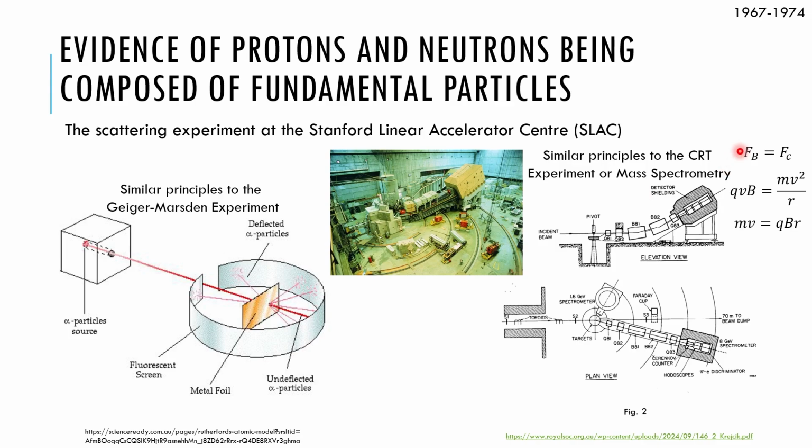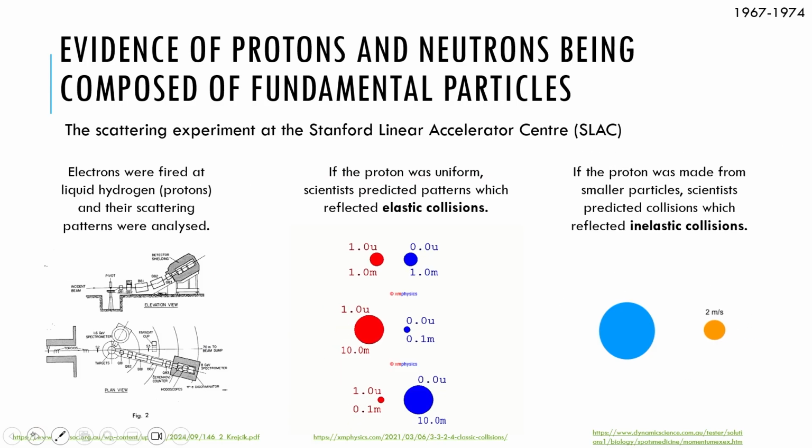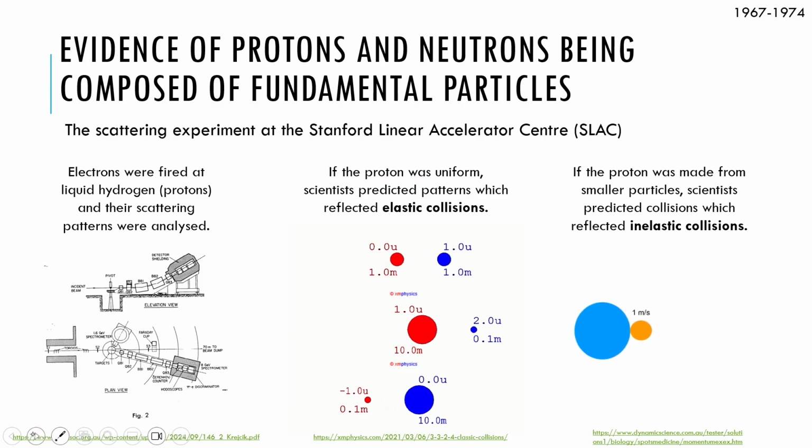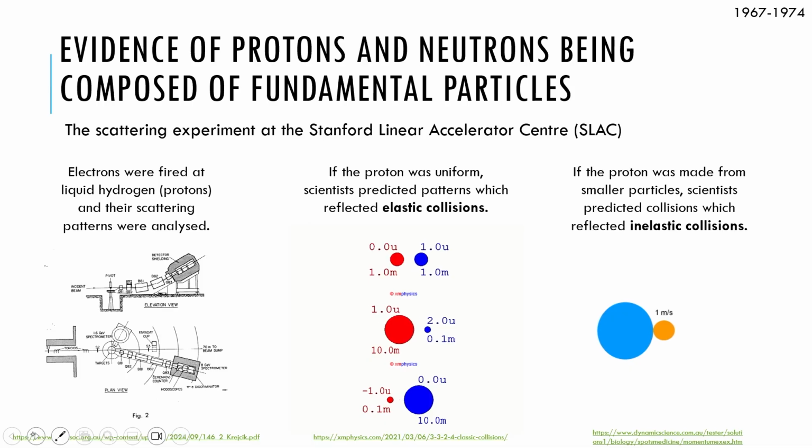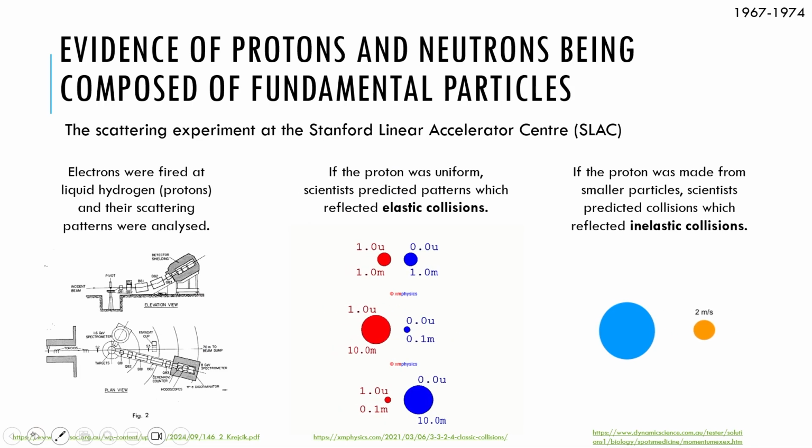If we were able to get the right balance of magnetic field to velocity and momentum, then the particles would again flow through the track and hit the detector at the end. As such, the angle of deflected particles as well as their momentum were able to be determined as the detector moved across the room. So in this experiment, we were looking to see scattering by firing electrons at liquid hydrogen,